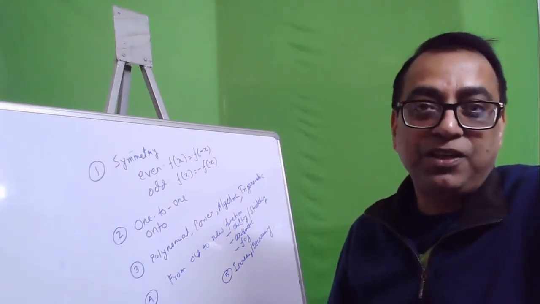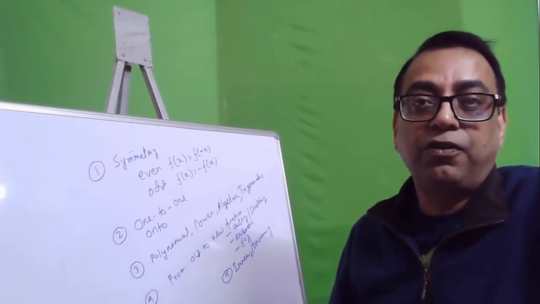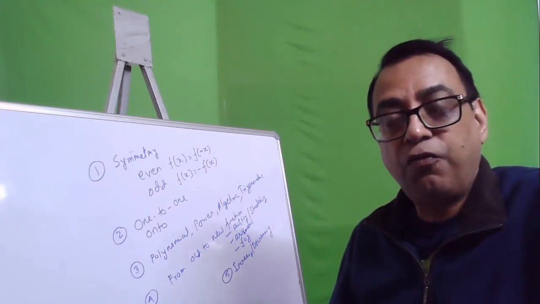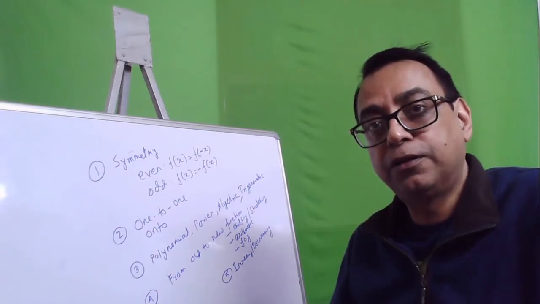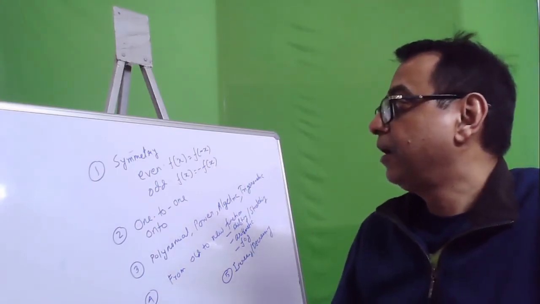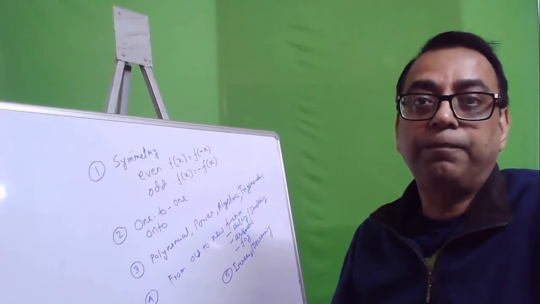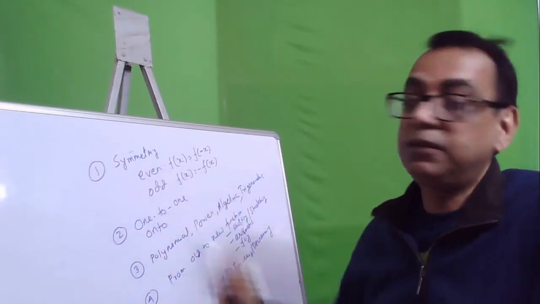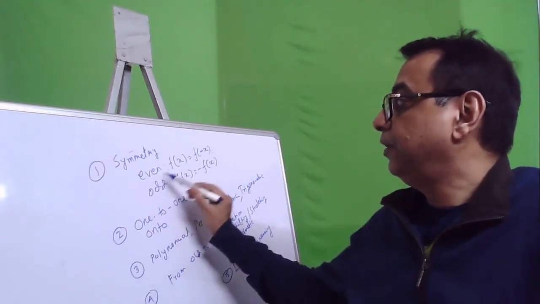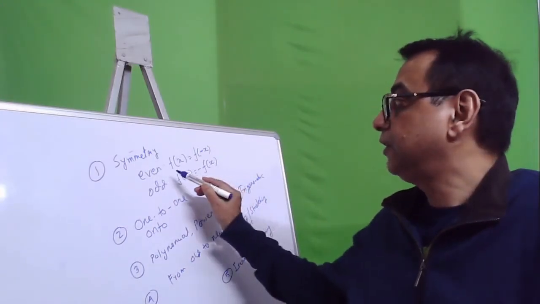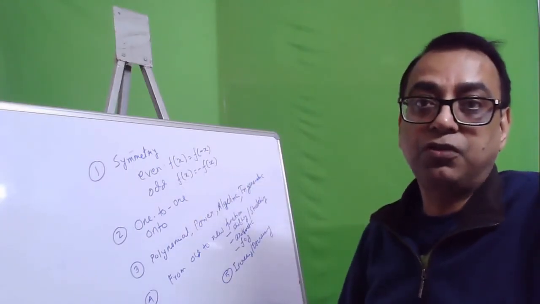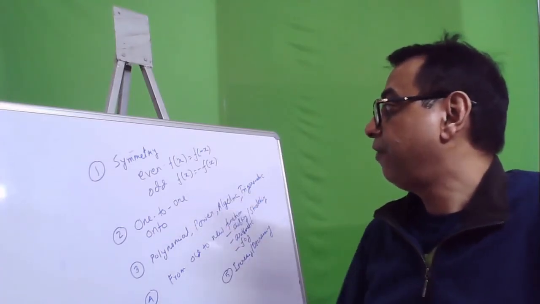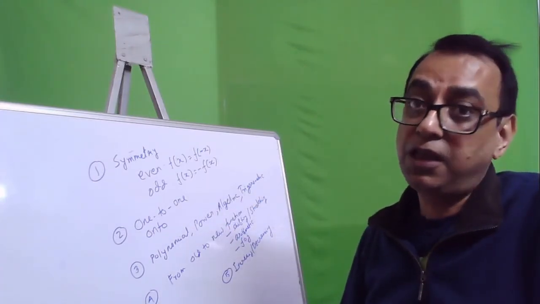So let me summarize all the points that we have discussed so far on functions. We have of course discussed how function has come from special kinds of relationships, and then we have discussed different kinds of functions and their behaviors. We started with the symmetric even function and odd function. Even function is the situation where f(x) is equal to f of minus x, and odd function is f of x is equal to minus f of x.